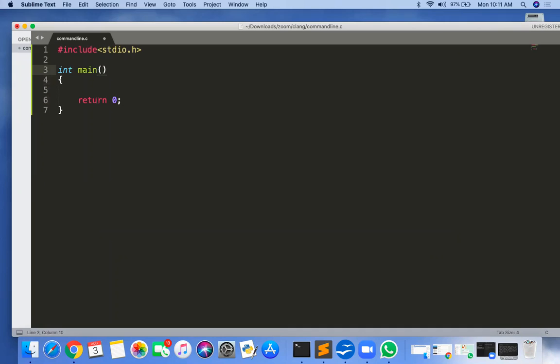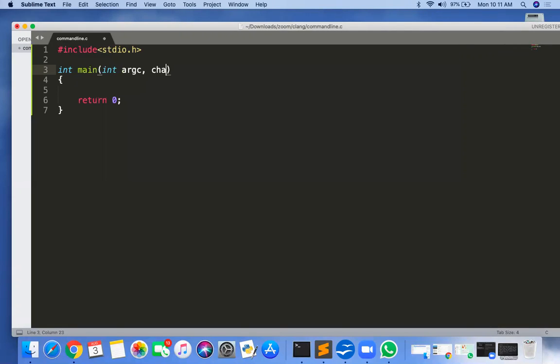this prototype or signature of the main function you can't use. This signature is only used if you don't want to receive a command line argument. If you want to receive a command line argument, then you have to use another signature of the main function, and that is int argc. argc is your argument name, one of the arguments. Instead of argc, you can give any name here. It is just an argument name, a local variable of the main function.